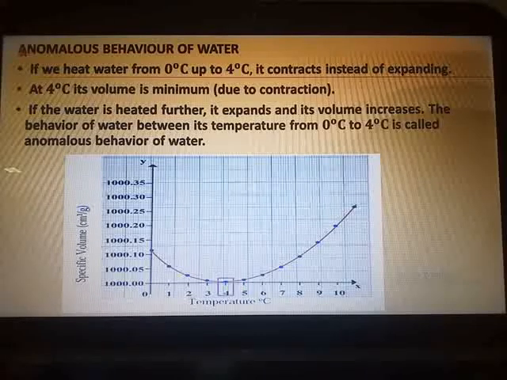Now how you can study this anomalous behavior of water using Hope's apparatus, we will see in our next session. So before you attend our next session on Monday, I request you to go through the topics of anomalous behavior, and ahead in this chapter you have different small definitions related to heat, dew point, humidity, all those terms, you just go through.